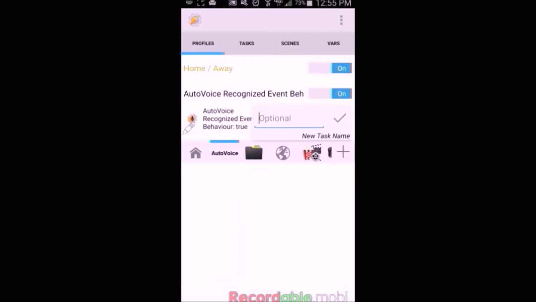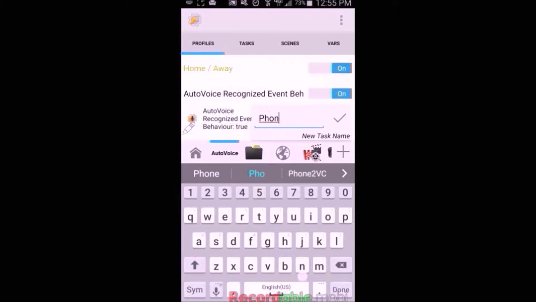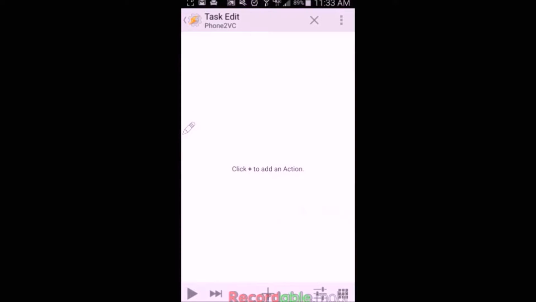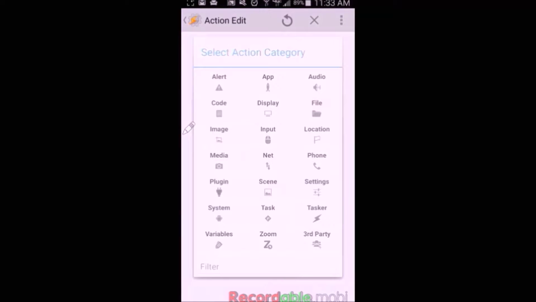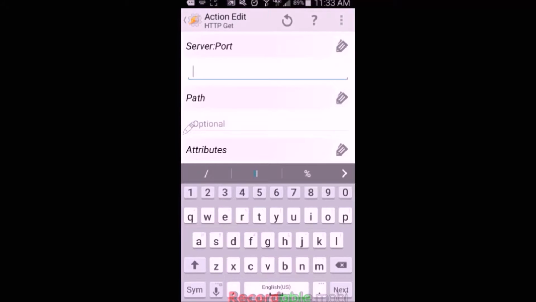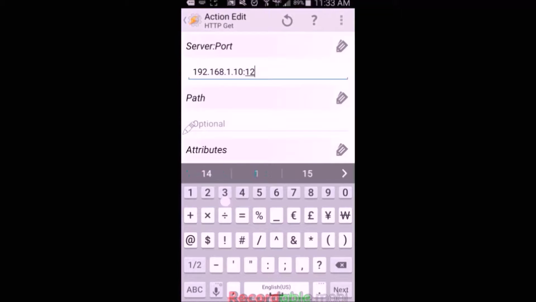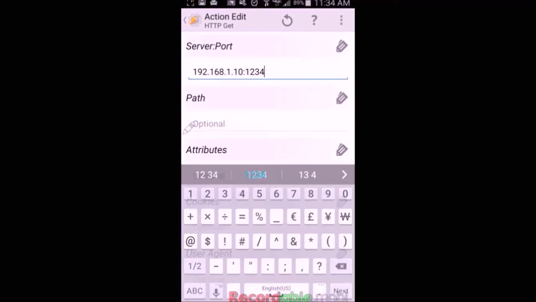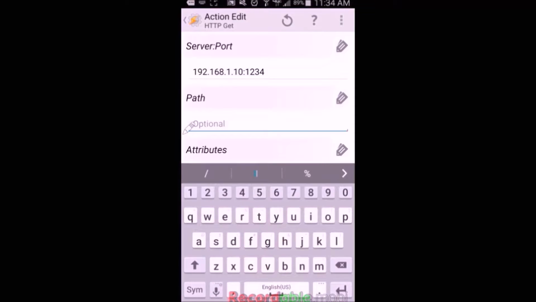We're going to select new task. We're going to call it phone to VC. And then we're going to add in a new action. We're going to do net HTTP GET. And then go ahead and put in your IP address and port number for your Voxcommando server. And then the path, we're going to put in